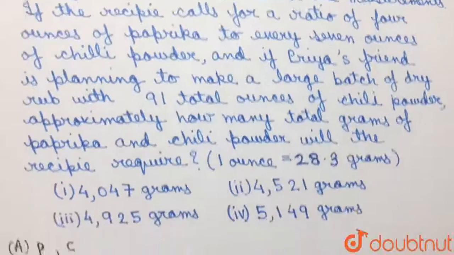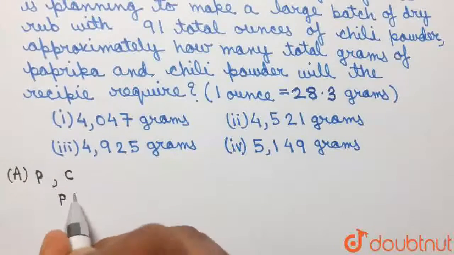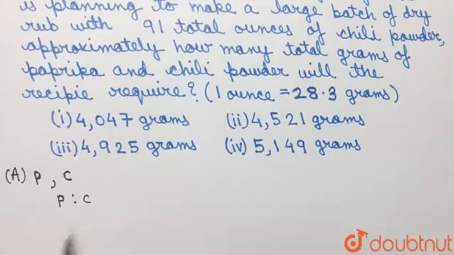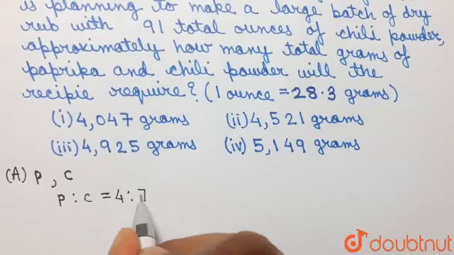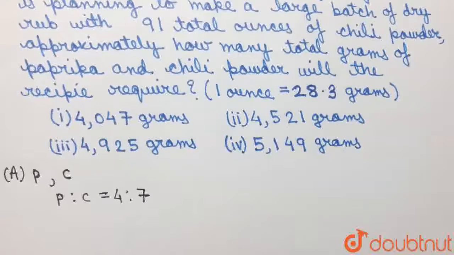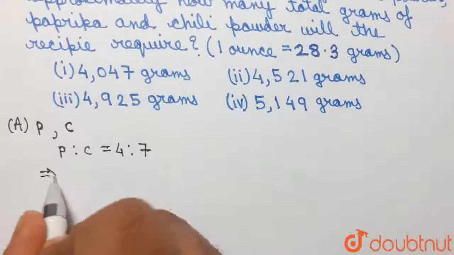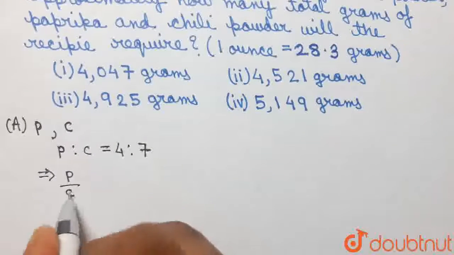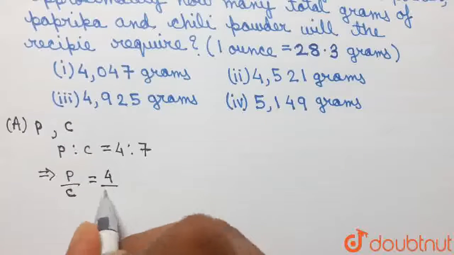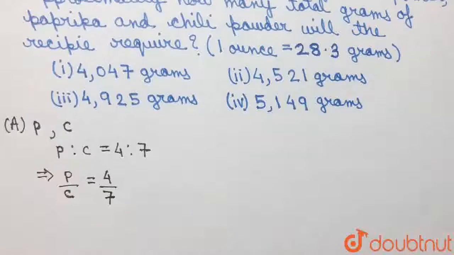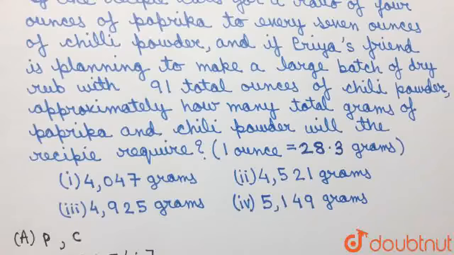So we can write that P is to C, which is the ratio of the amount of paprika to the amount of chili powder, should be equal to, as per the question, 4:7. Now writing this in the fraction form, this can be written as P by C equal to 4/7. Now it has also been mentioned in the question that Priya's friend wants to make a large batch of dry rub